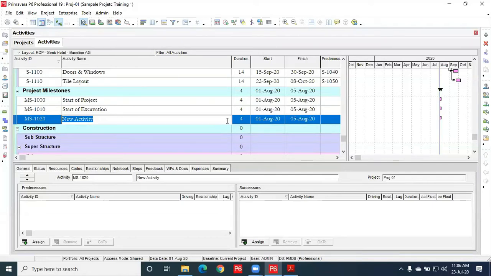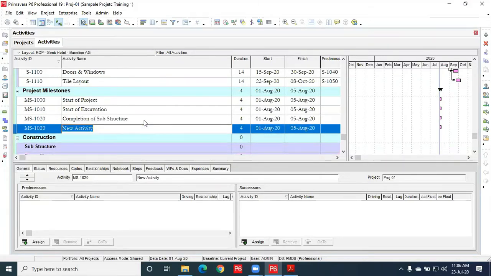And the next activity will be completion of substructure. Then completion of superstructure.